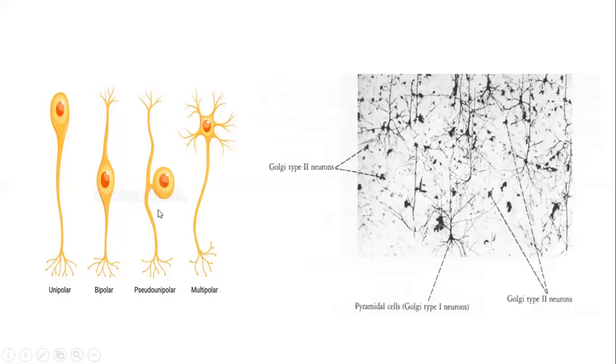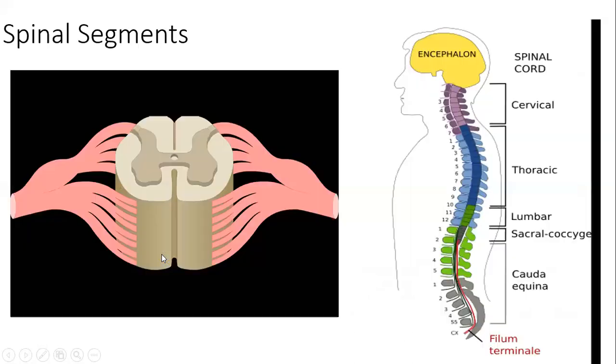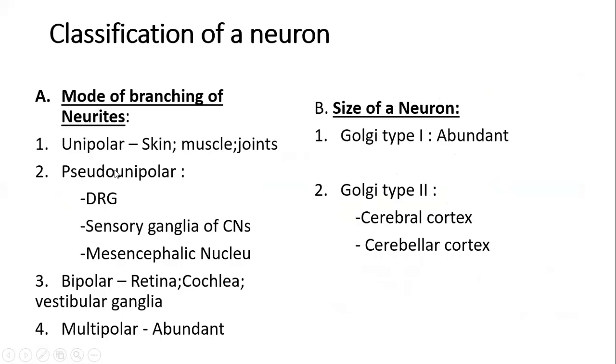So you can see the difference of these two types of neurons. Here we have unipolar, look at its process. And here we have a pseudo-unipolar, which is falsely giving an impression of unipolar neuron. But basically, it has a single process that immediately divides into two processes. So this type of neuron is commonly found in the dorsal root ganglion. Now, I am sure all of you know where the dorsal root ganglion is.